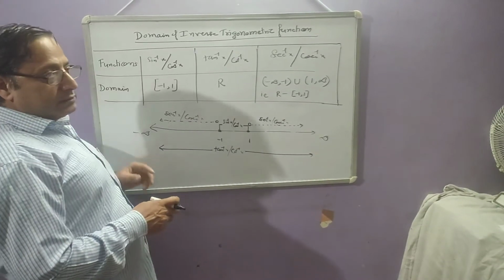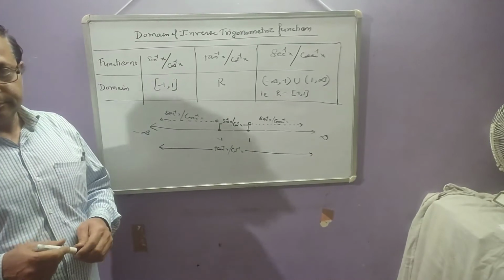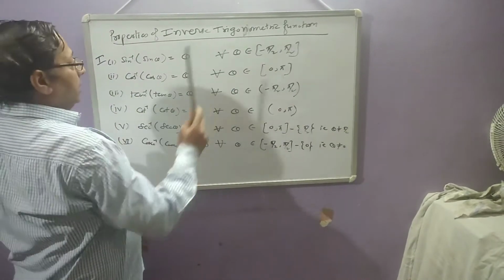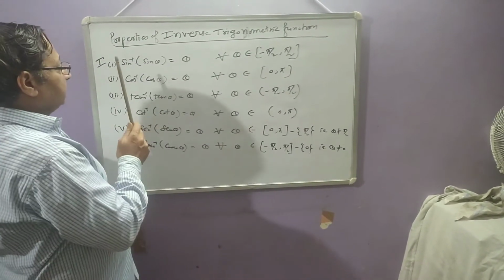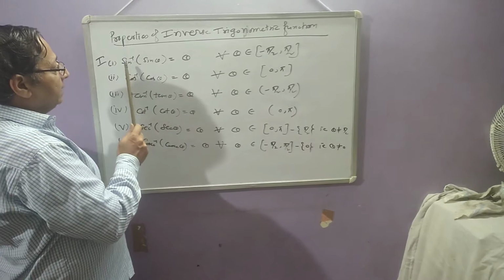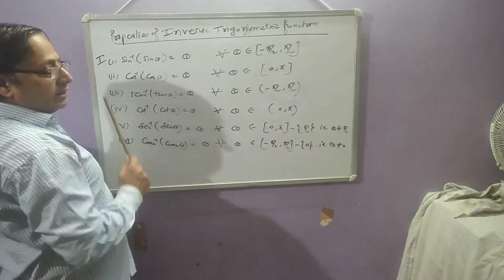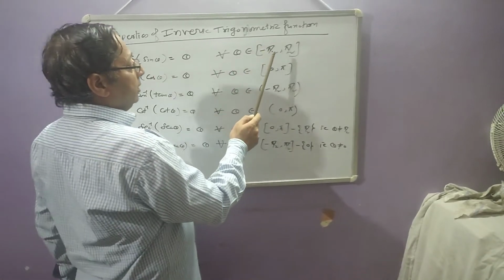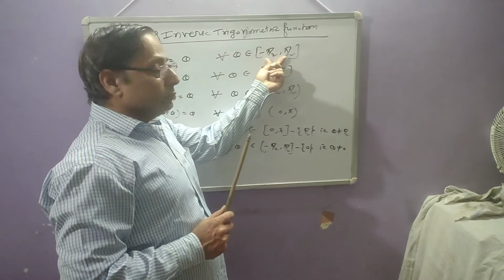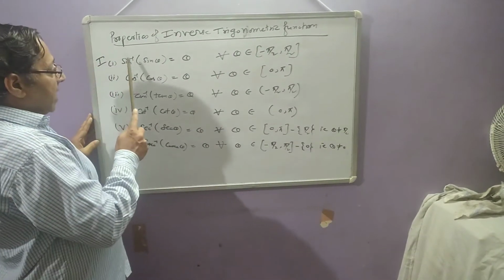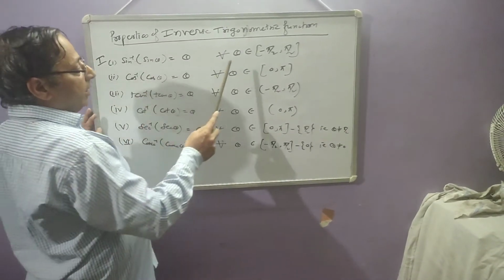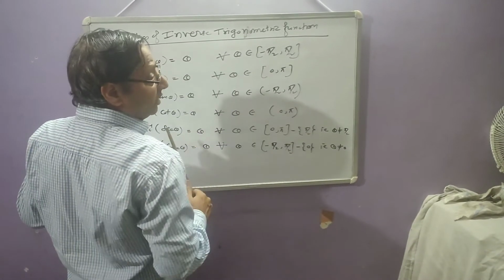Now, after this we will discuss the properties. Now we have to discuss the properties of the inverse trigonometric functions. The first property is whenever sine inverse of sine theta, then sine and sine inverse neutralize. Its value is theta, provided theta belongs to the closed interval -π/2 to π/2. If theta does not belong to this interval, then sine inverse cannot neutralize the sine. Sine inverse can neutralize sine theta only whenever theta belongs to the principal branch value of the inverse function.